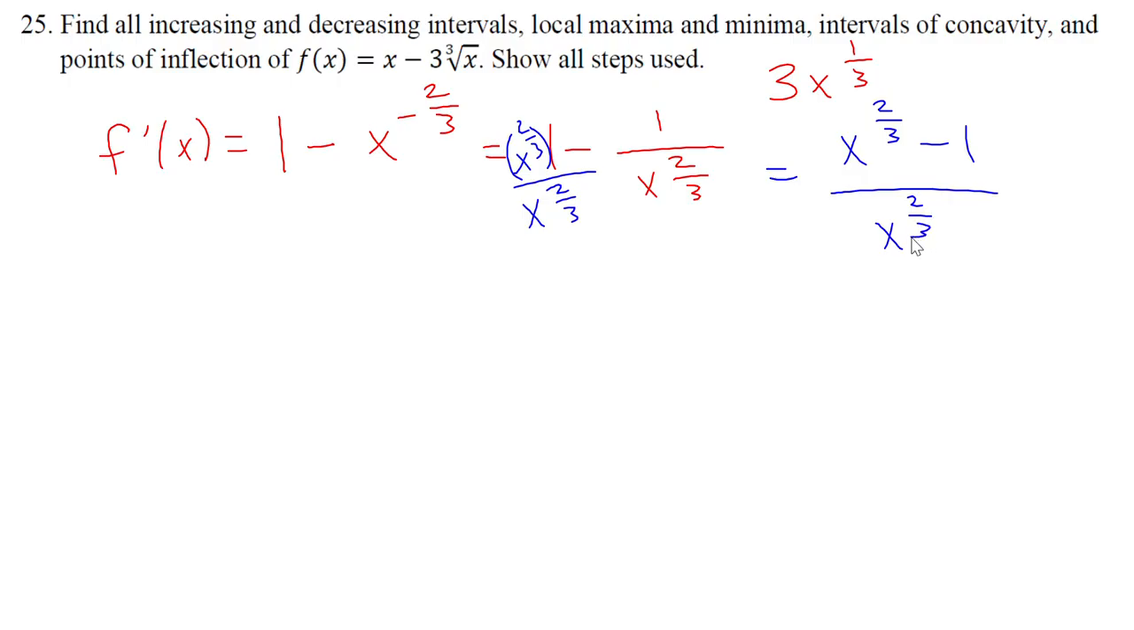To determine when it has a max or a min, when it's increasing and decreasing, we need to know two things. One, we need to know when is it undefined. So f prime is undefined if that denominator is 0, which would be when x is 0. So there's one critical value. And it's equal to 0